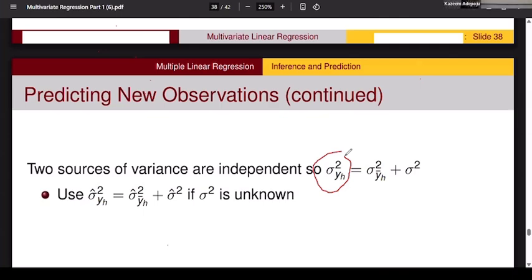Before, what you saw was sigma square y bar. This one is for the mean prediction. But if you take a look at that one now, it doesn't have any bar. That is for the individual. The variance for the individual can be broken down into the variance for the mean that we just talked about and